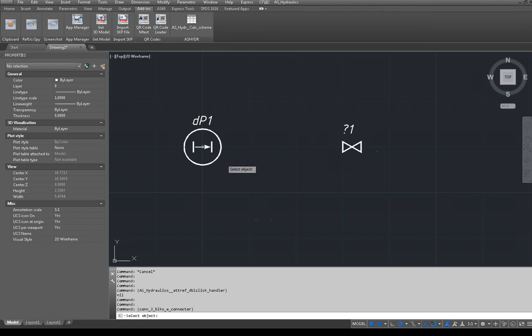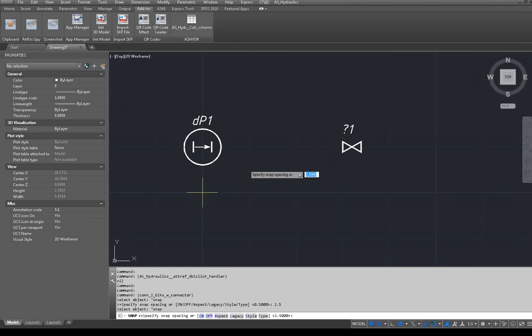So what should we do to connect two elements? The first thing we should do is to select object, to select the first object that will be connected with pipe. It will be more comfortable for me to change snap value to, for example, 2.5 millimeters. Oh no, this is English AutoCAD and units, I suppose, are inches. Let's change it to